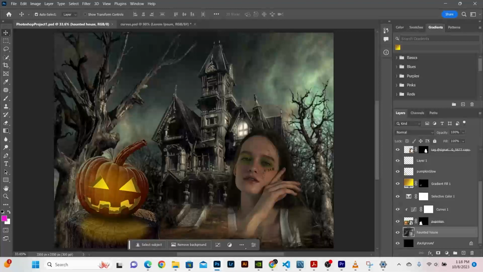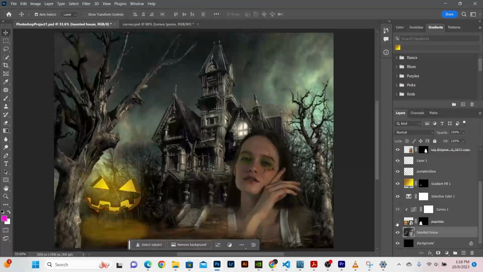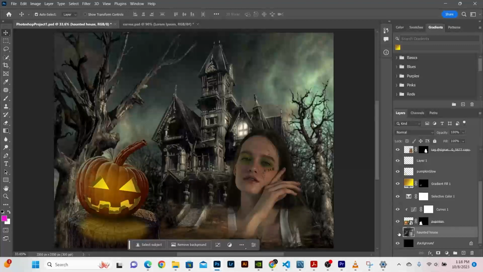Whatever's at the top is going to be in front of the stack. So this lady is in front of all this other stuff here, and then we have the pumpkin up next. Then, of course, the haunted house behind it. Behind that, I actually have the black backgrounds, but it's not needed. If you ever have problems doing something with a layer, make sure to turn off any locks that might be